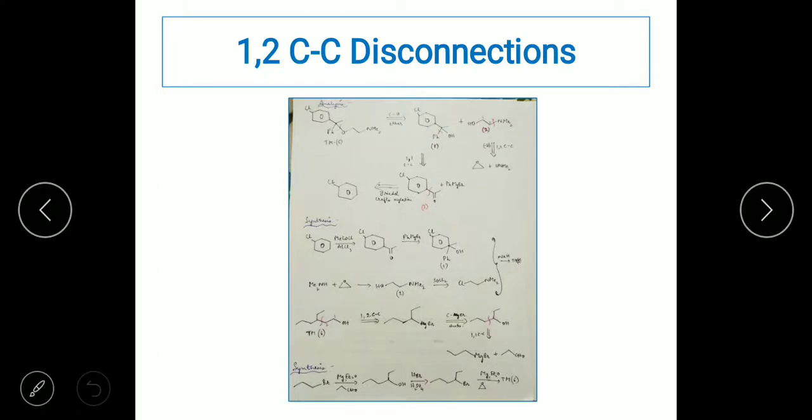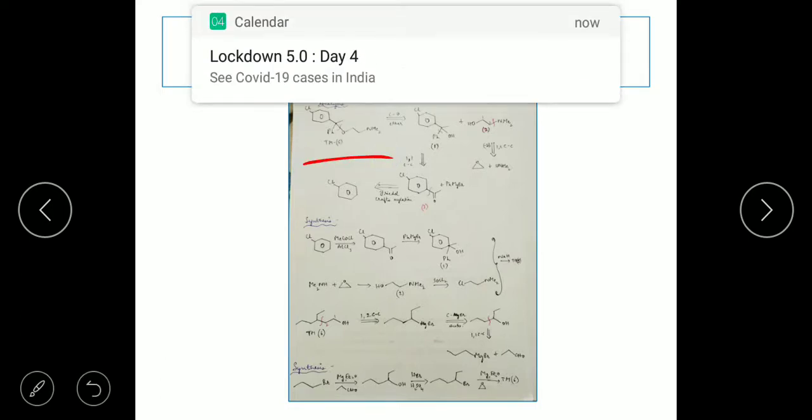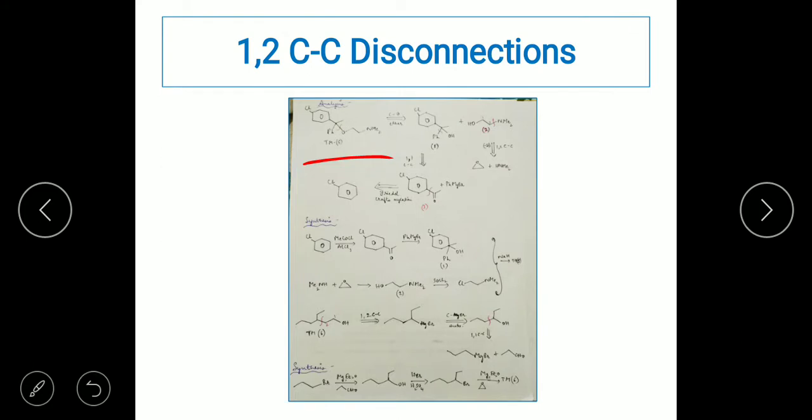Now the next example is again a similar kind of example. So here we have an ether. So the first step would be you can disconnect the bond between ether and the carbon. Okay, so once you disconnect, you're going to get two synthetic equivalents. That is nothing but both are going to have an alcohol group, because see, once you disconnect, it is going to have a carbon bearing a positive charge and oxygen having a negative charge,